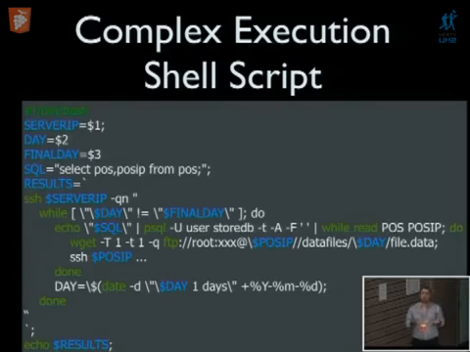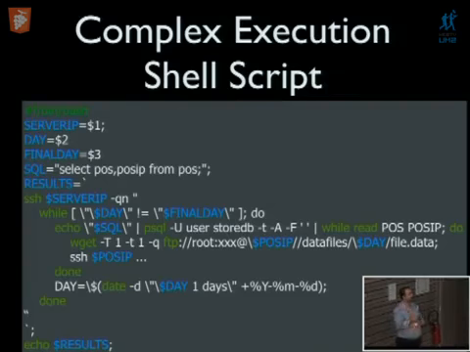You don't have direct access to the database. So we retrieve all the points of sale from the server, and then we make a while loop, as an example, and get information for every point of sale. Then we can make a secure shell inside the point of sale and retrieve more information if needed. This is just an example.